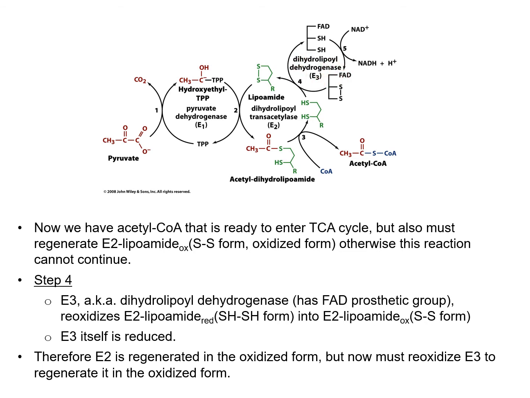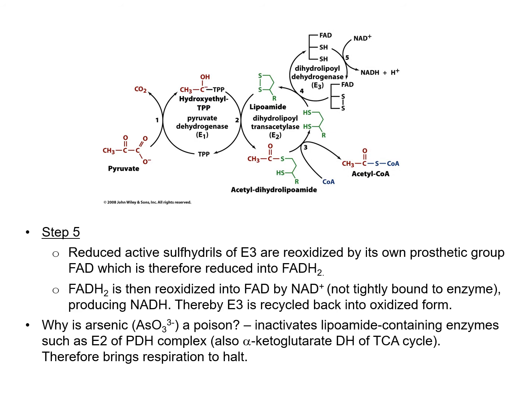And therefore, this E2 is regenerated in the oxidized form, which has this SS form. But now we must reoxidize this E3 again too, to regenerate it back to the original state, which is the oxidized form. So in step 5, reduced active sulfhydryls of E3 are reoxidized by its own prosthetic group FAD,